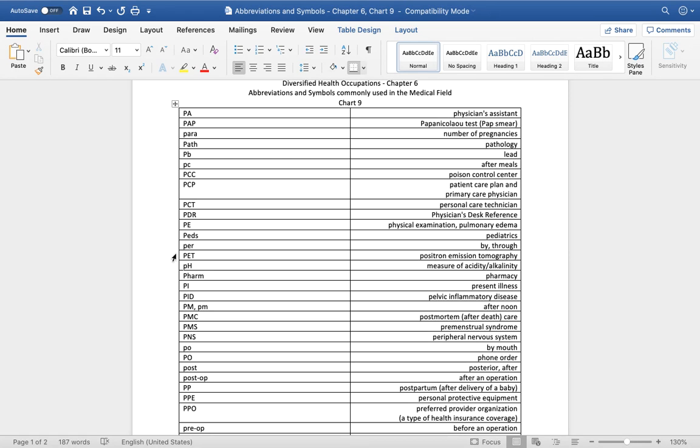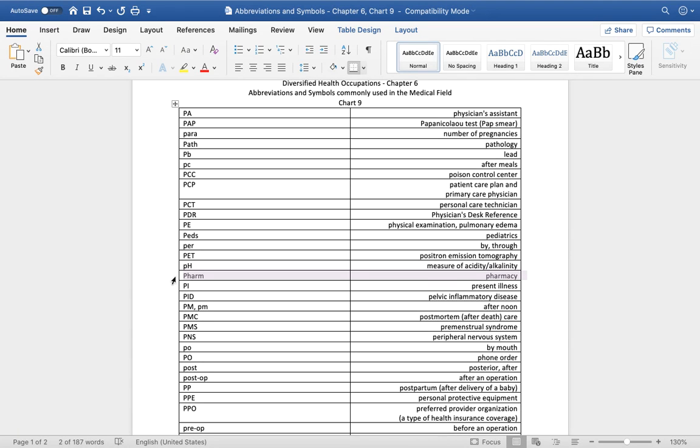pH. I can't tell you what P and H specifically stand for. However, this is a measure of acidity and alkalinity, or how acidic or basic something is. The pH level is important in the body. The blood is normally between a 7 and an 8, so it's slightly alkaline because 7 is neutral, 1 is acidic, and then say like a 12 would be very basic. Your stomach sits anywhere between a 1 and a 3 on the acidity level, depending on what part we're talking about specifically.